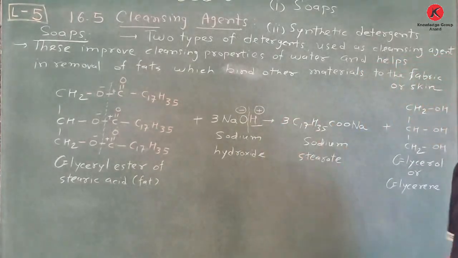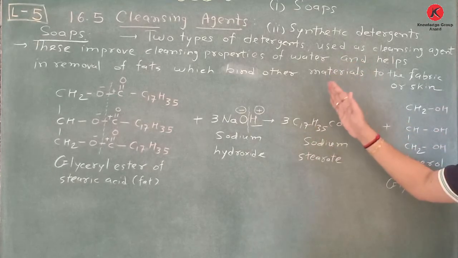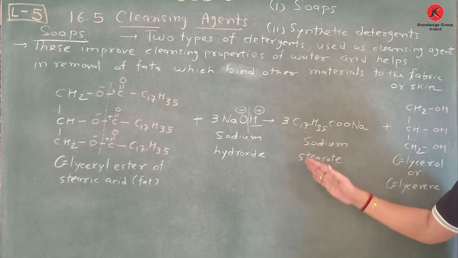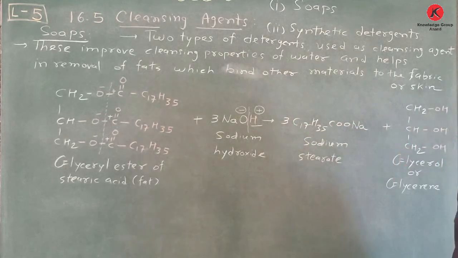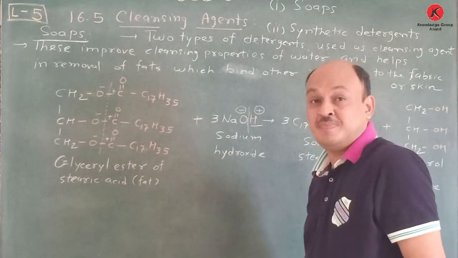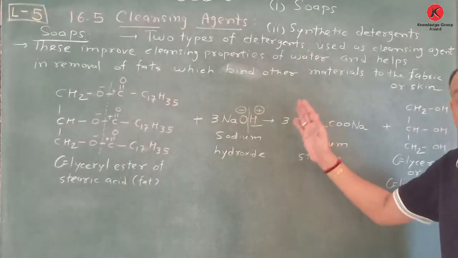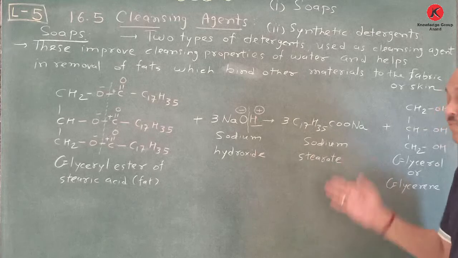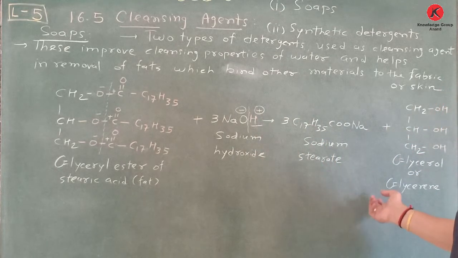So here another piece of information is also there. Just write down this reaction and important information regarding soaps. Write down this reaction 5 or 6 times. This is very important, and this is also called saponification. That one we will do later on, but write down this reaction 5 times, 6 times, and then write it yourself also. So it becomes very easy.